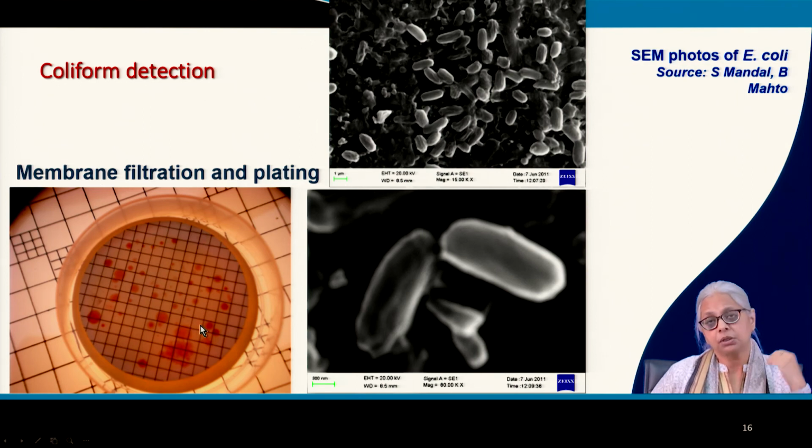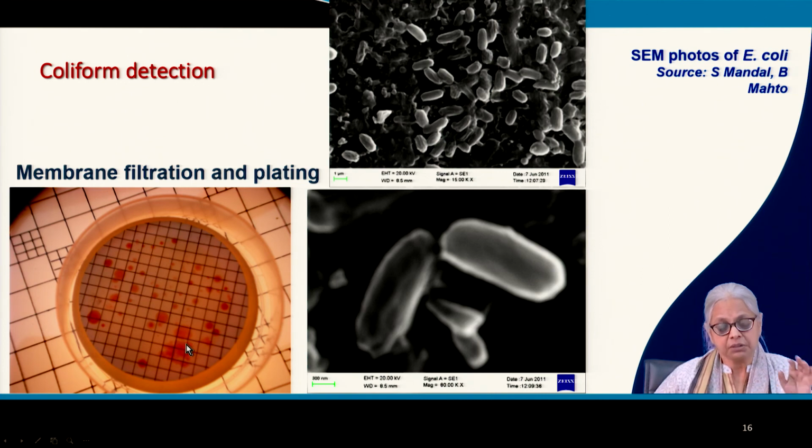So this is what is called a chromogenic agar media. This membrane filter is resting on a nutrient pad. The membrane and the nutrient pad come in sterilized packages. They are commercially available. All you need to do is add sterilized water to this. And when you filter the sample through this filter, you can count the number of colonies and you can see that the larger colonies represent a cluster of cells.